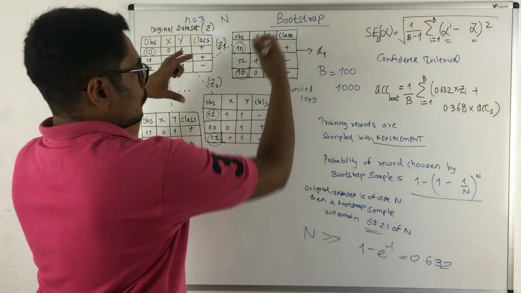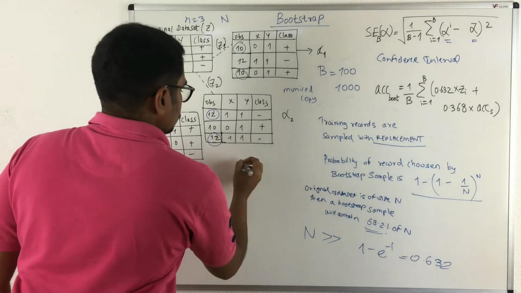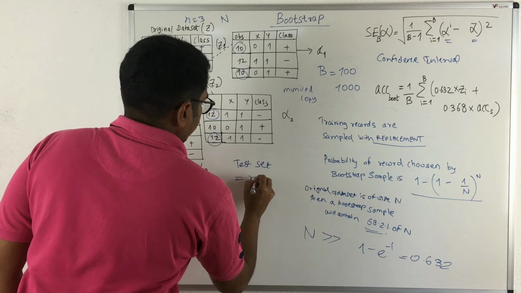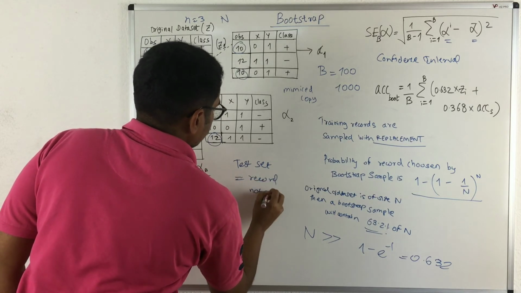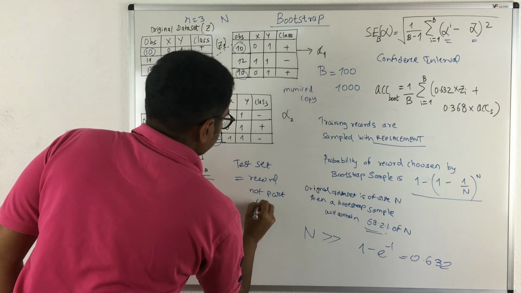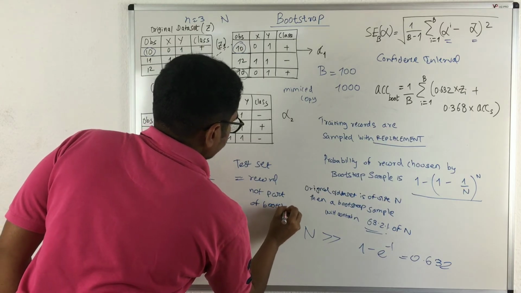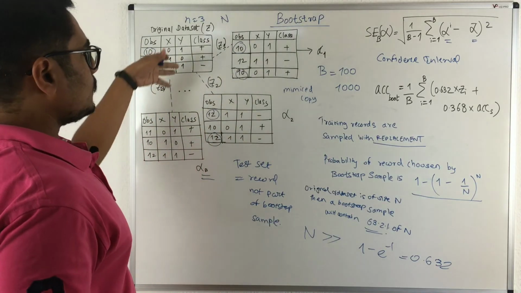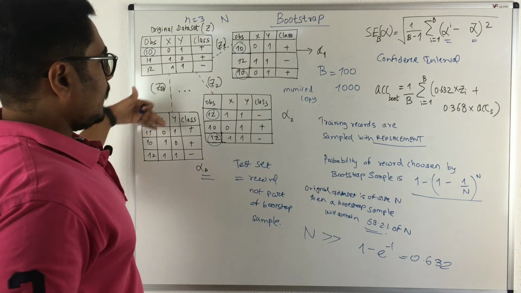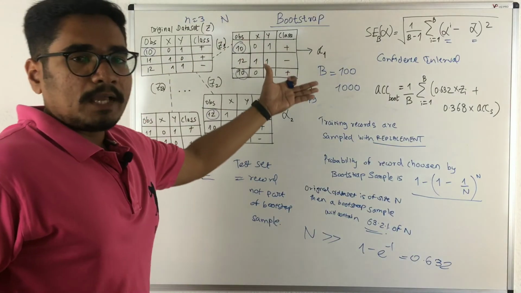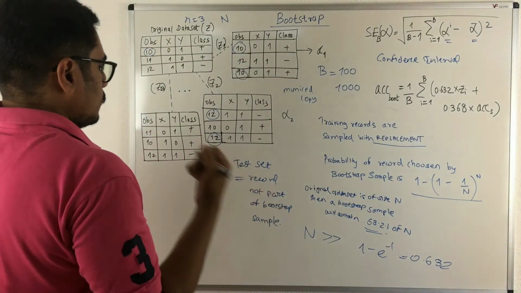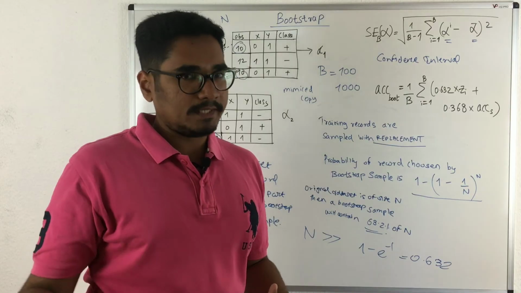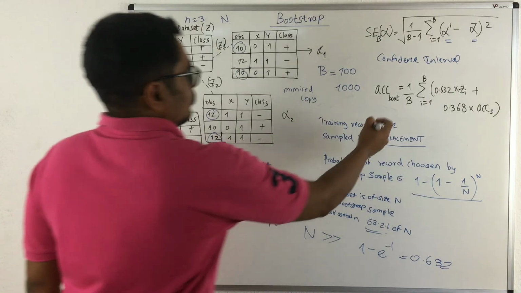Now the records which are not part of the bootstrap sample become the test set. The test set is the records not part of the bootstrap sample. As you can see, a sampling technique is applied at each level, and for that you calculate an alpha estimate. Now with this training data you create a model and its performance is evaluated on the test set. Now with this you have the accuracy.